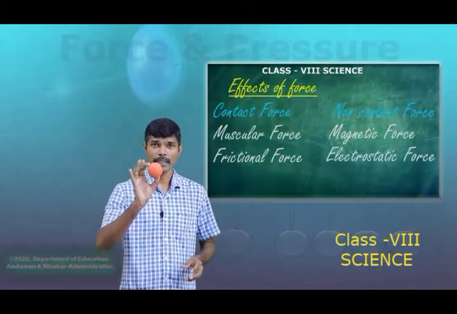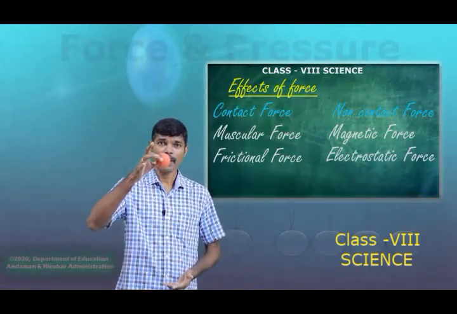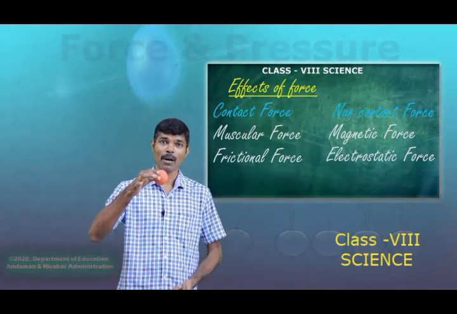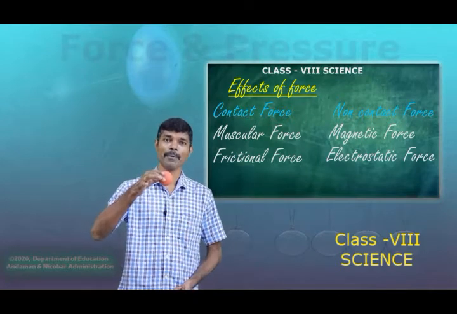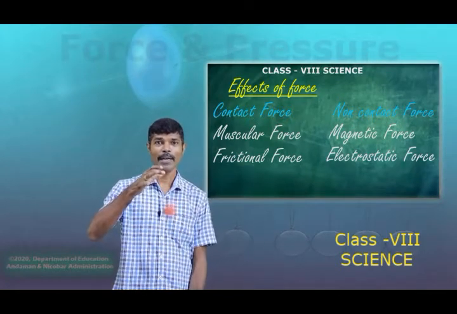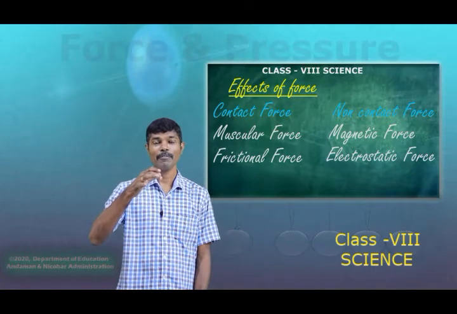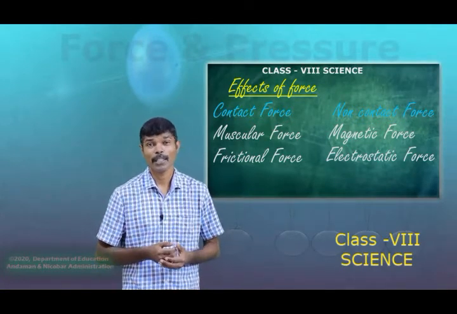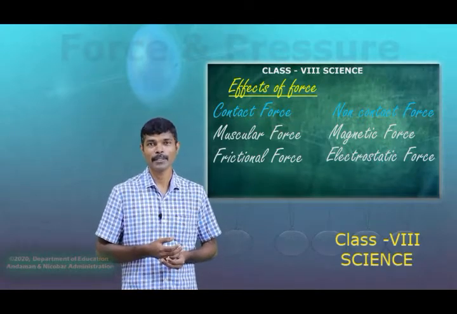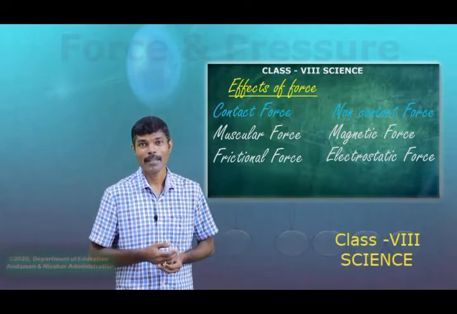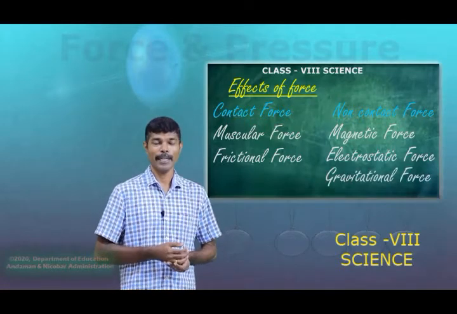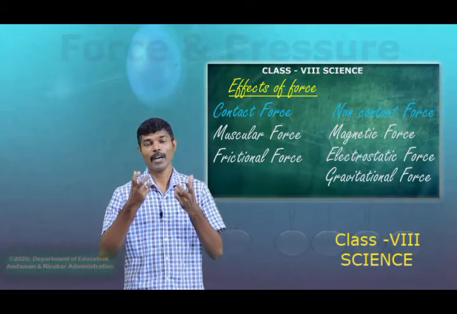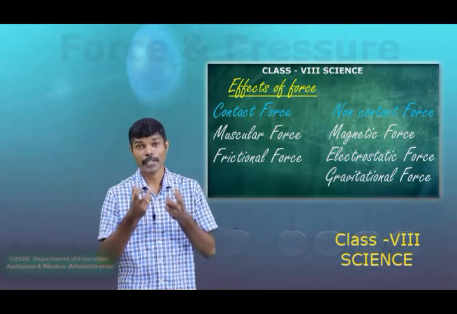As you can see, this is a rubber ball. When I drop this ball, what will happen to this ball? Will the ball come down or it will rise up? Let us see. When I drop the ball, it has fallen down. It is because of another kind of force. What is that? It is gravitational force. That means the earth attracts every other object towards itself.